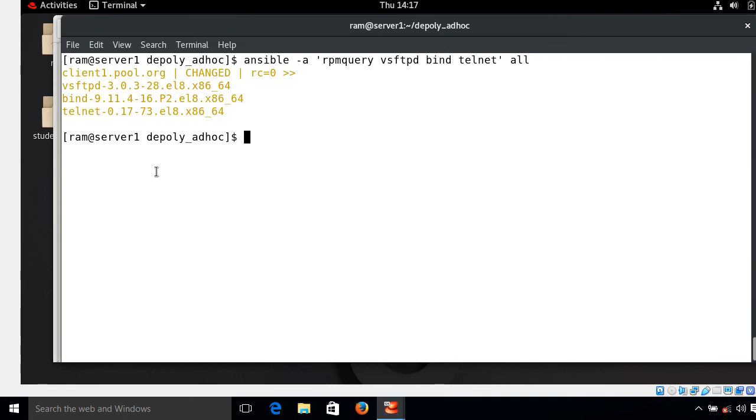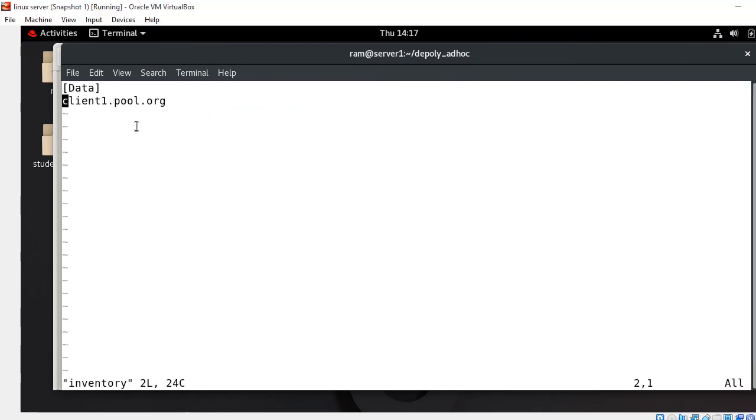So we can define the host scope or group based variable directly into the inventory file and take the advantages from there. Host variable applied to specific host, while group variable applied to all hosts in a host group. So for this I open my inventory file and modify the file to work with the variable host scope. This is my single managed host machine entry, that is client1.pool.org, and here I just put my underscore file